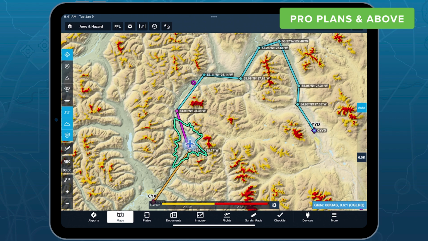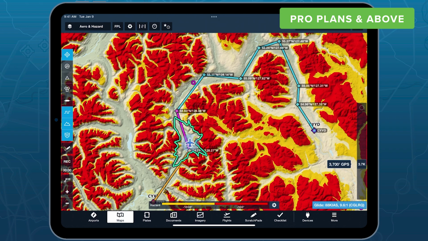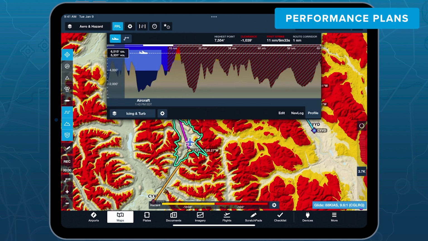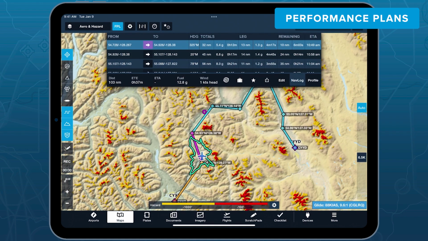Another very, very useful feature. It's a really neat representation of where we are and how the altitude will affect us on our route, depending on what altitude we fly at. Another really great feature along this route that I would recommend for those who have the 3D view option available as part of their subscription,